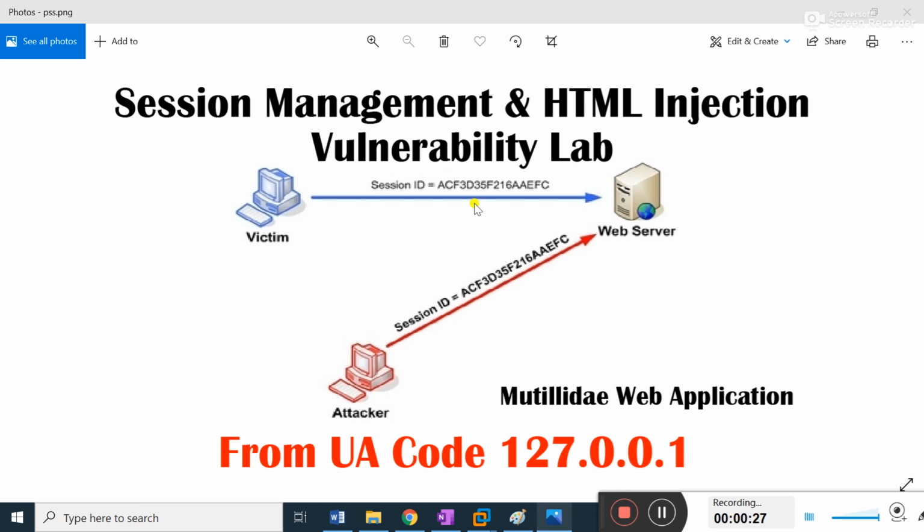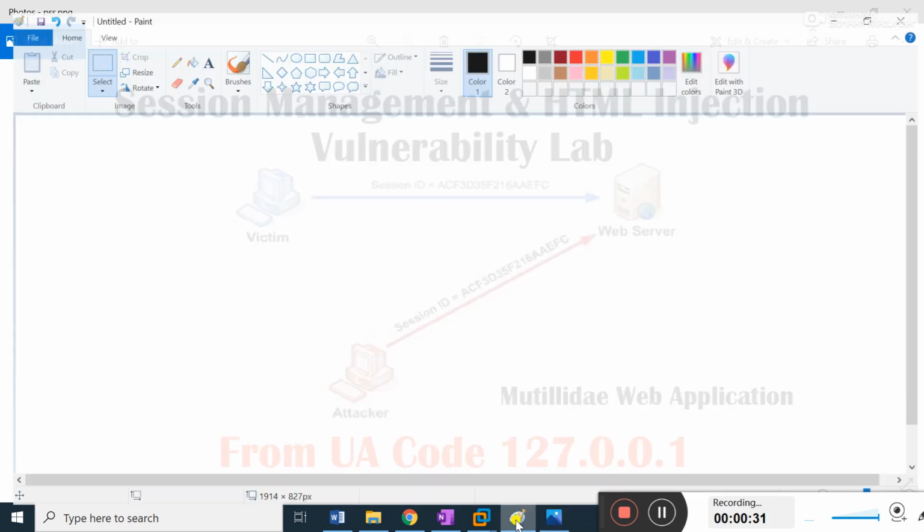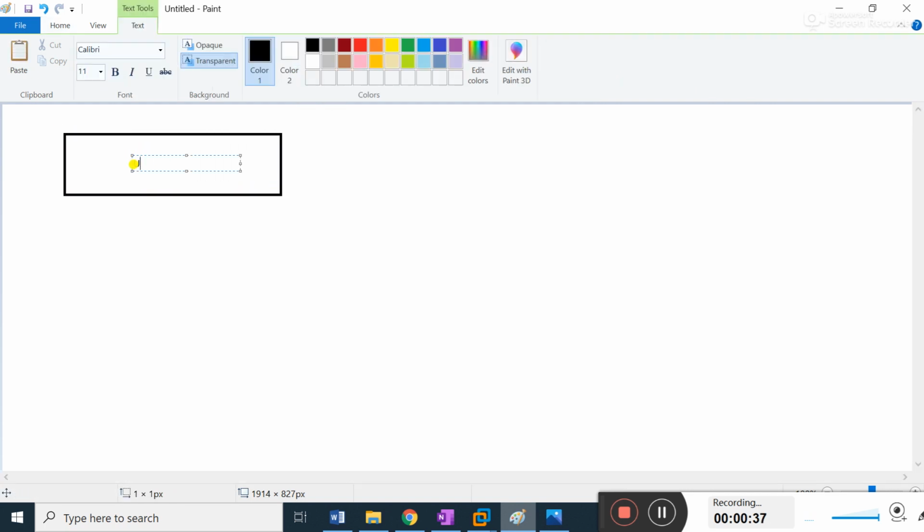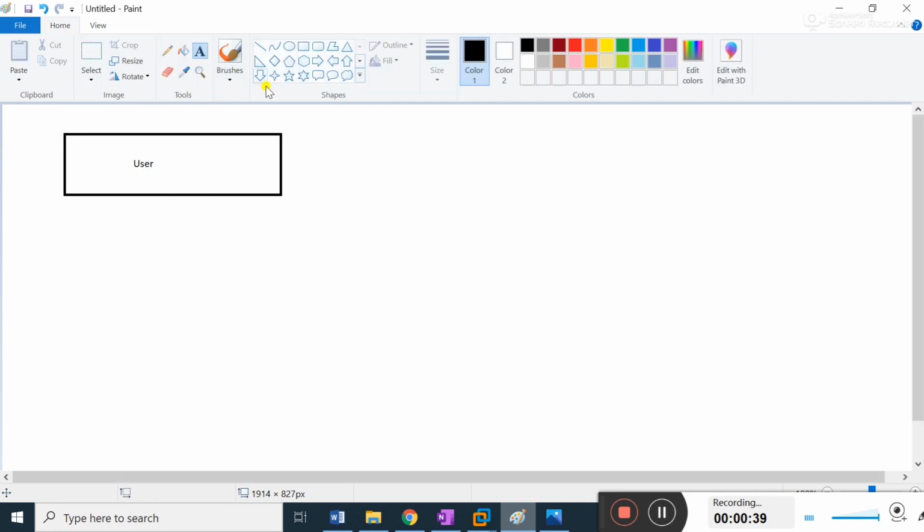Okay guys, before going to solve the lab, first of all, I would like to tell you what is meant by session. For this purpose, if I type here, a user is present here. If a user wants to connect to any application, something like that, if I consider this is an application,